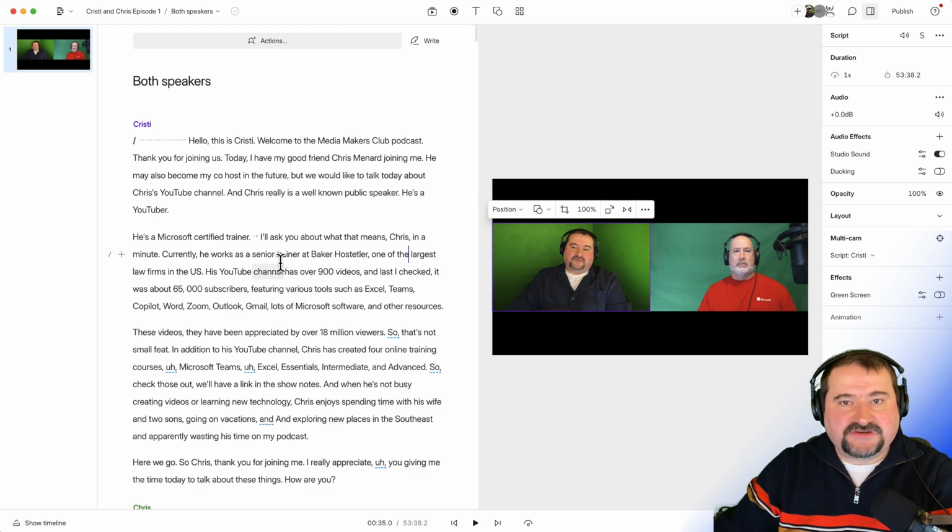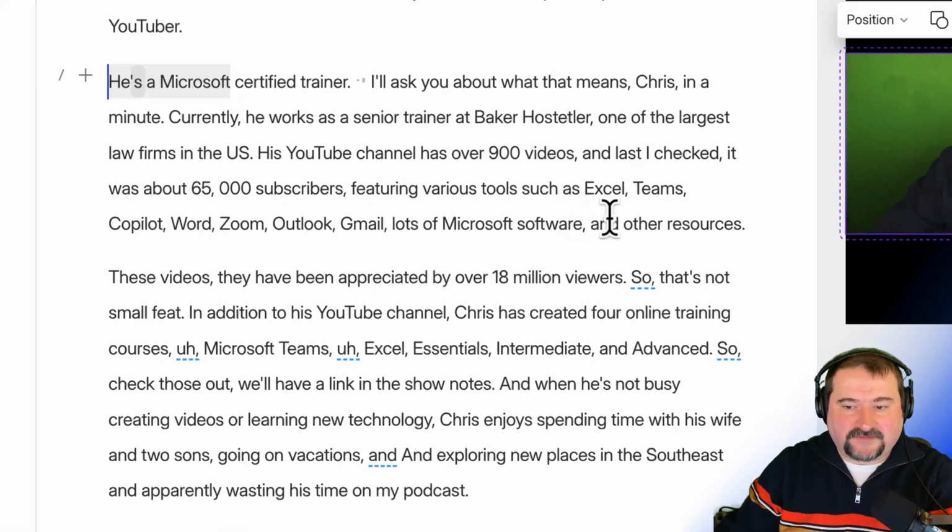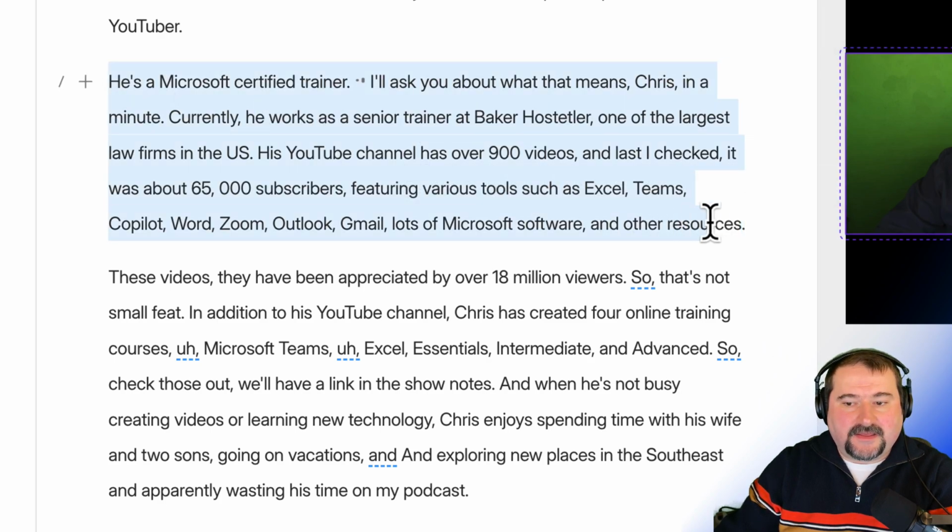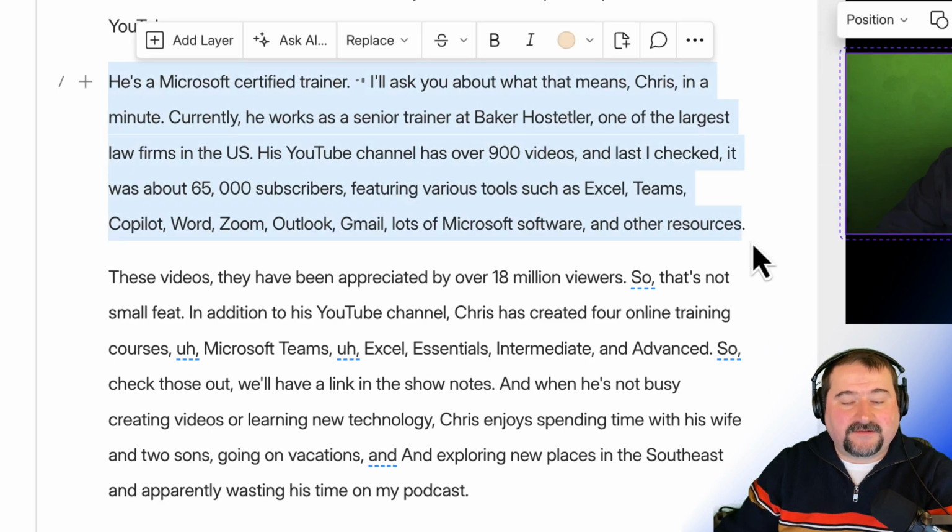So the way to change the orientation is this. First of all, I don't actually do it in here. If I'm doing social media clips, I usually make a selection, like here, for example. I make a selection in text, and I'm extracting this portion out of here into a separate composition, right? So I've selected it, and there's a number of ways to do it.